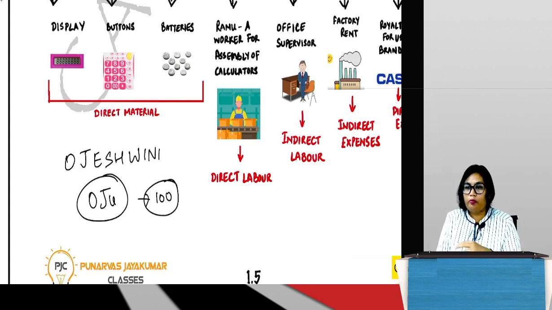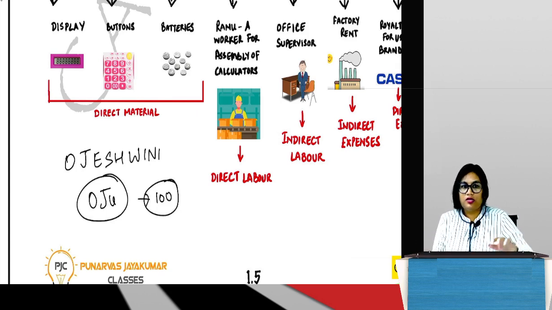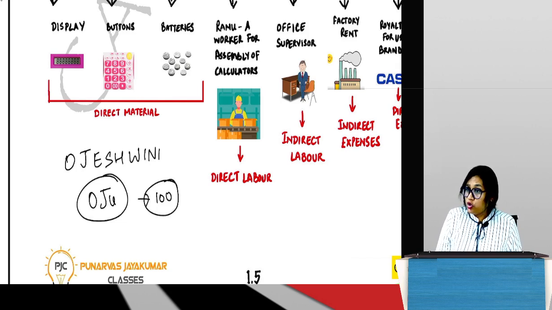Nobody else has come up with an idea like this. But students, when they see your calculator, say, no, we want Casio. We don't want this calculator. So Oju is very upset: why do they not want my calculator and why do they want Casio? So she decides, I will go and meet the CEO of Casio and ask him what is so great about his calculator.